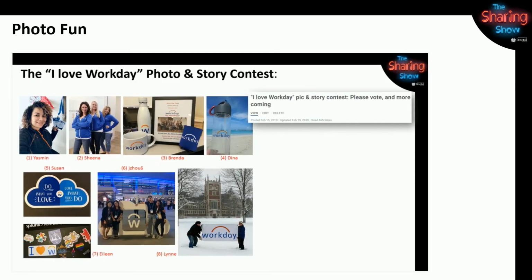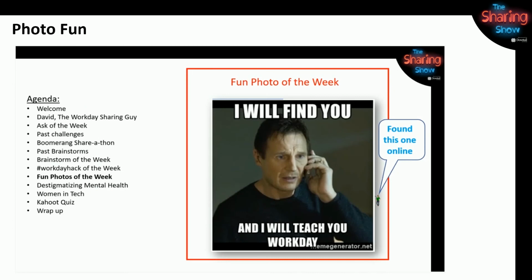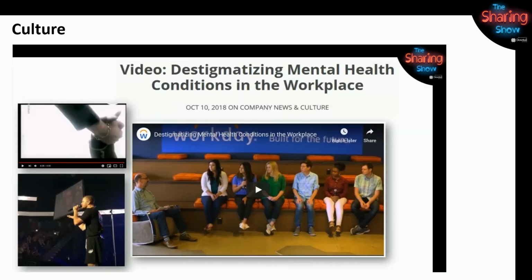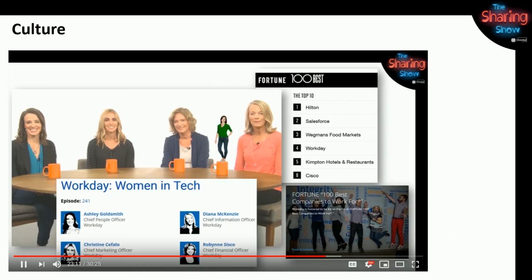Lots of photo fun. The I Love Workday photo contest. And I still am looking, but I will find you and I will teach you Workday. Great pictures that Denise took of Imagine Dragons at Rising the year prior. We went into culture. We took a look at Workday's focus on destigmatizing mental health conditions in the workplace. Some fantastic leadership at Workday.